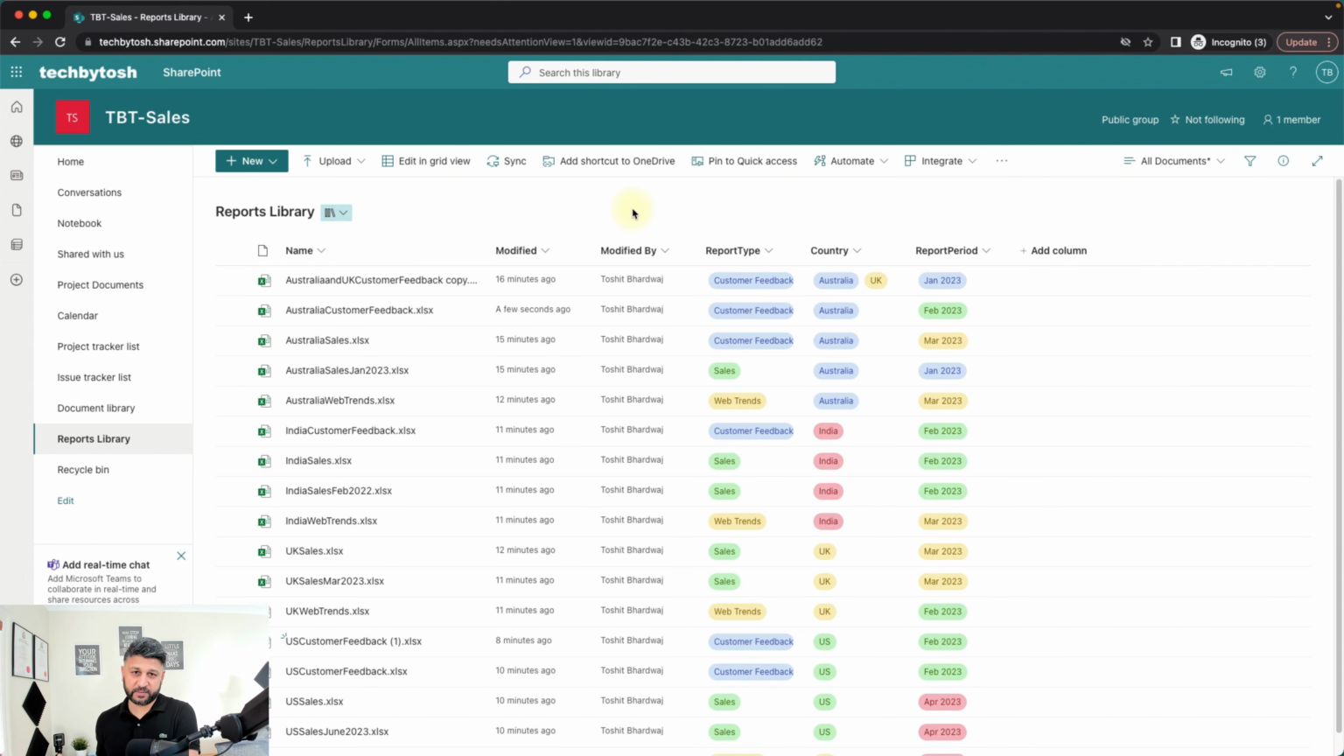Now, when I say it's easier to manage documents, let's just say, for example, you want to change the country. Previously you had a document which was for Australia, but now that's not Australia anymore, that's basically UK. If you were using the folders, then you have to find all those documents from different folders and then change the name of those documents from Australia to UK. But if you are using the metadata structure, then all you have to do is filter all the documents for Australia, select a document,